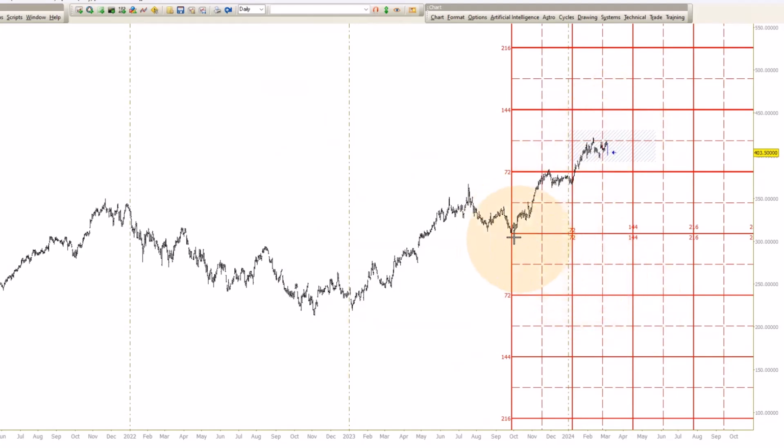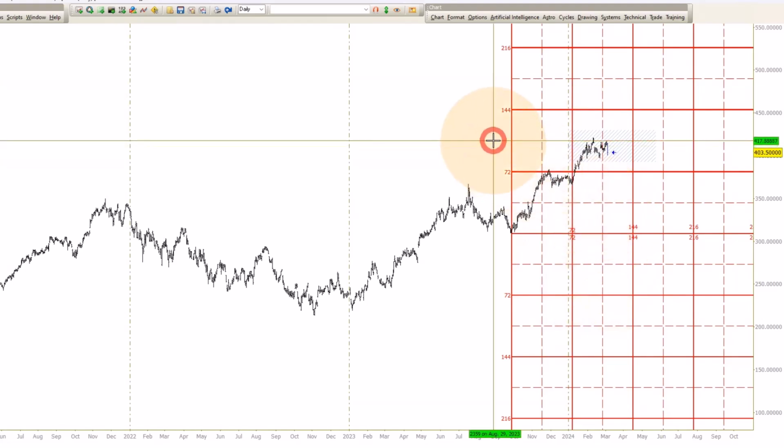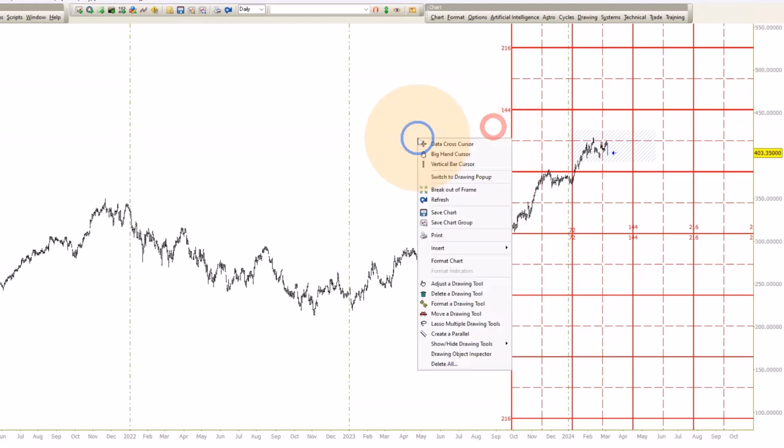The interesting thing is, we did low to low, 72, and then low to high, we did a 36, a 108. Those kinds of cycles that harmonize tend to mean something over time. And we could have a square in place because we're basically in the zone, and here's the square. You can see price action was right around it, and it really never took out the 108 level, which was 418. So that's the deal there.